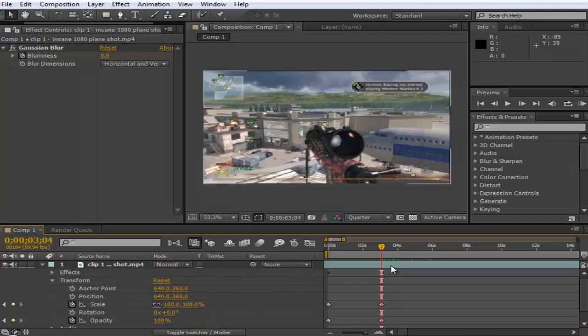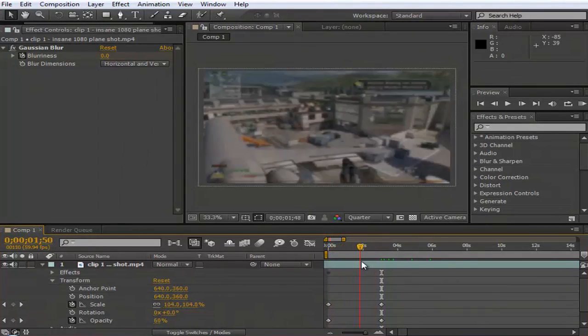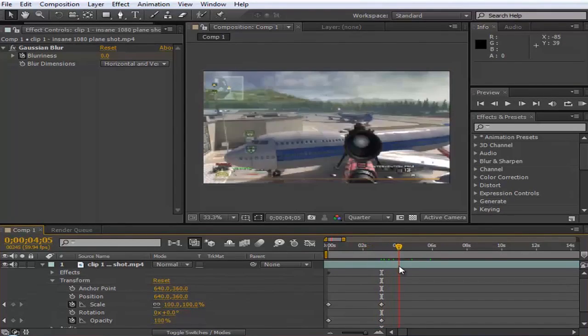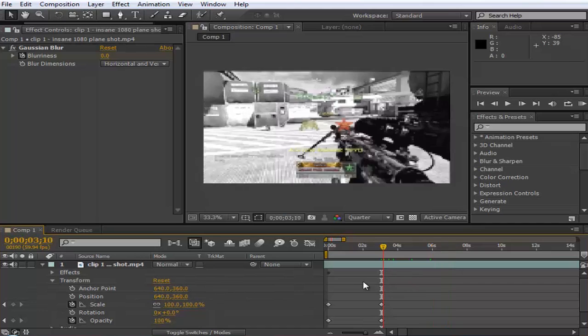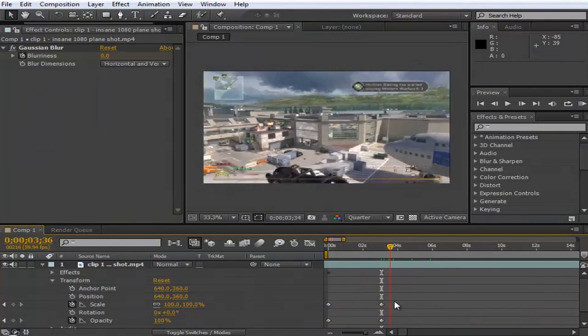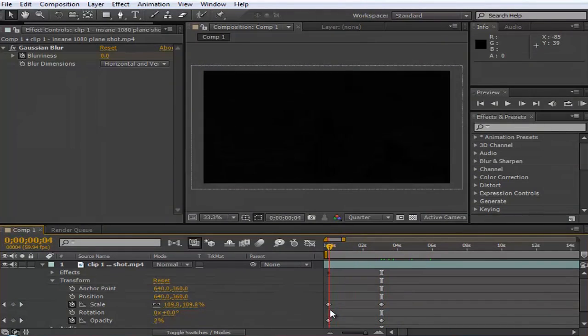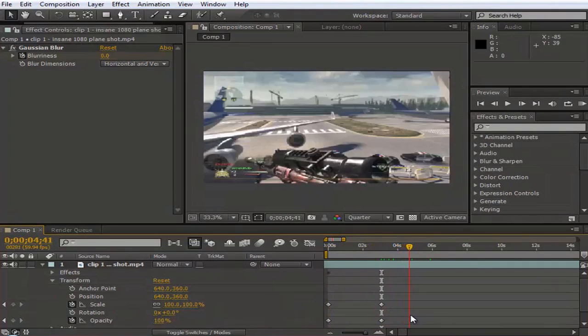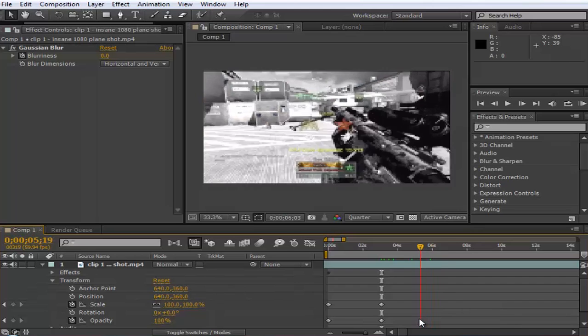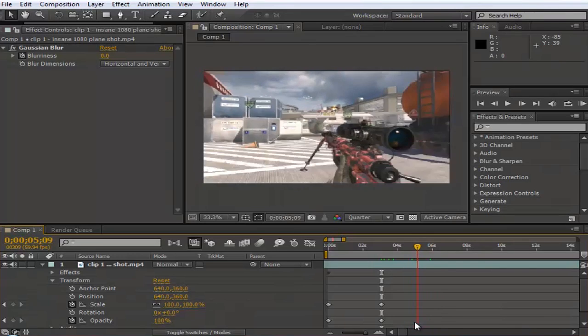And make your opacity 100%, and then it'll probably just go in like that, and then he goes into the clip and he hits it. Boom, nice. Alright, so basically you have your fade down. You fade the clip in. It looks really sweet from here. But what do you want to do from here? You want to make the clip look sick when he hits it. So when he shoots,